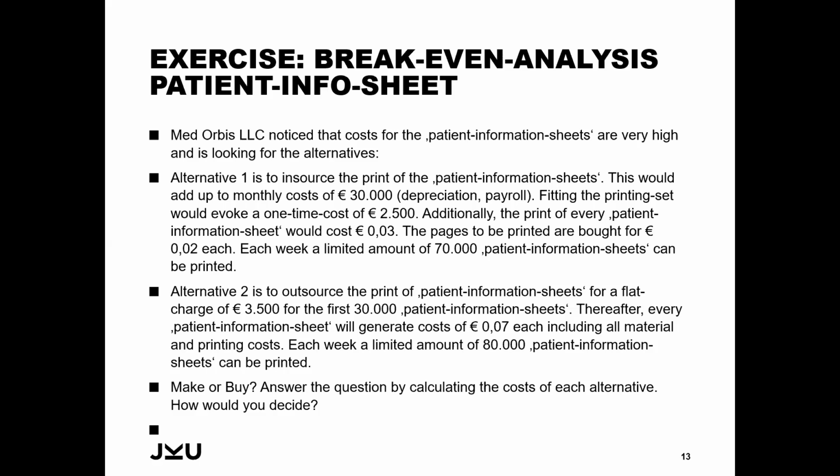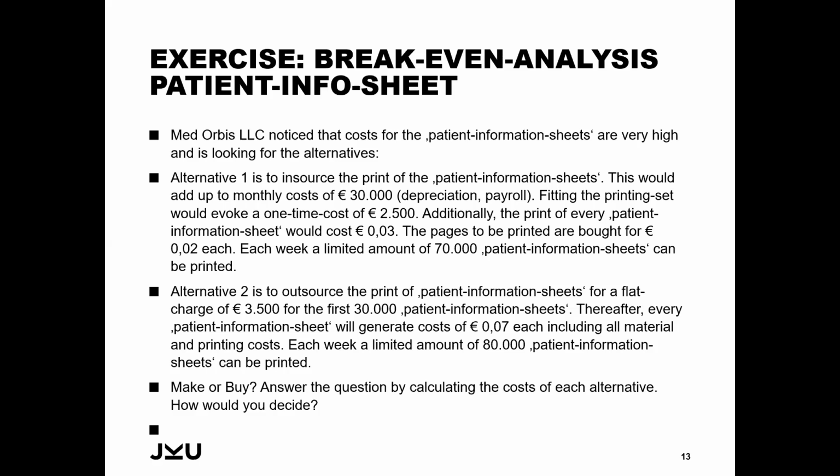that even though it's not written here, those are fixed costs. Depreciation based on the machine that we bought for printing, the printing machine, that's a fixed cost. We have a fixed depreciation, as well as the payroll. Those people who work in the printing department, those are probably fixed too. At least that's the information we get here. That's $30,000 a month. Then we have a one-time only cost of